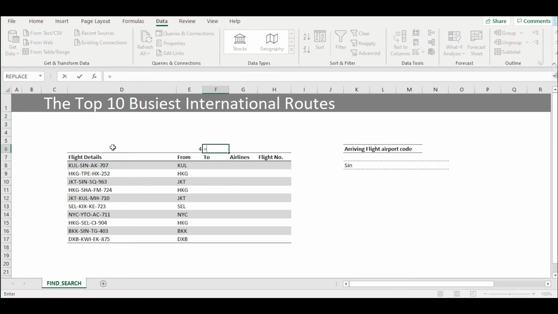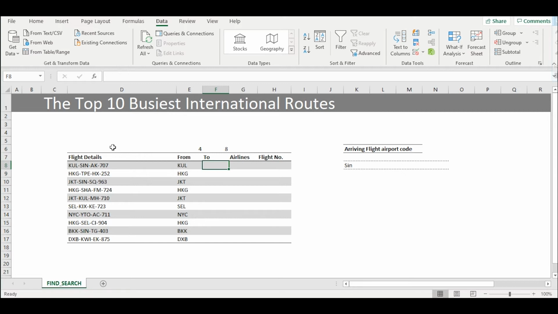Now in cell F6, we are going to write the FIND function again with the intention to retrieve the position number of the second dash of cell D8. We will write equal to FIND, write the first syntax as dash, in the second syntax we will link cell D8, and we will use the third syntax. We will link E6 plus 1. As we said earlier, the third syntax specifies from which character the search should begin. Here we will specify that the search should begin from the 5th letter for the second dash, and we will get the next dash position, which is 8.